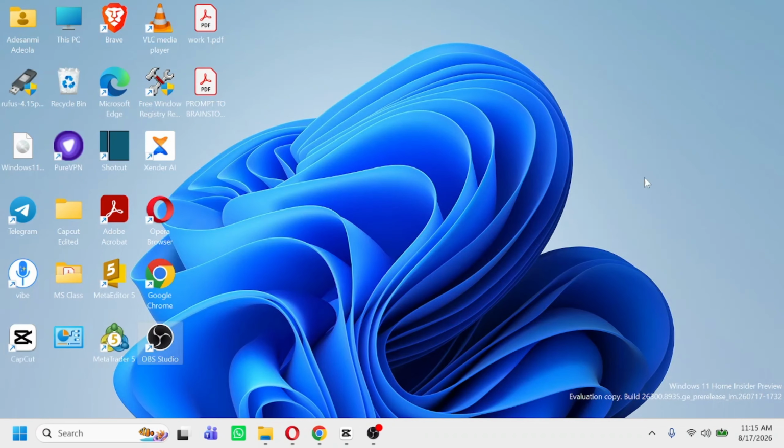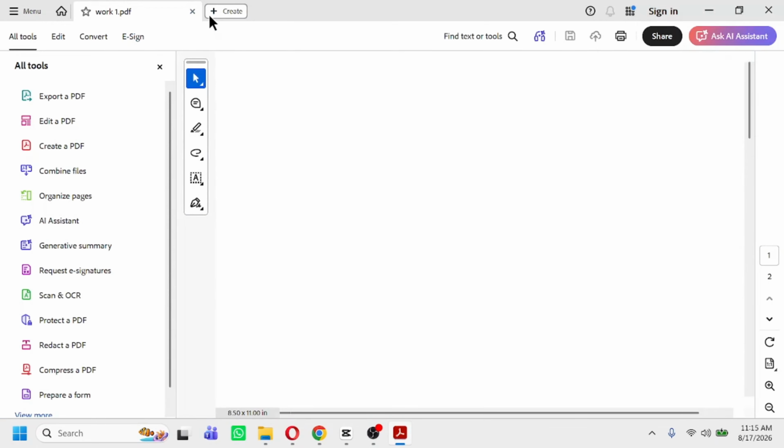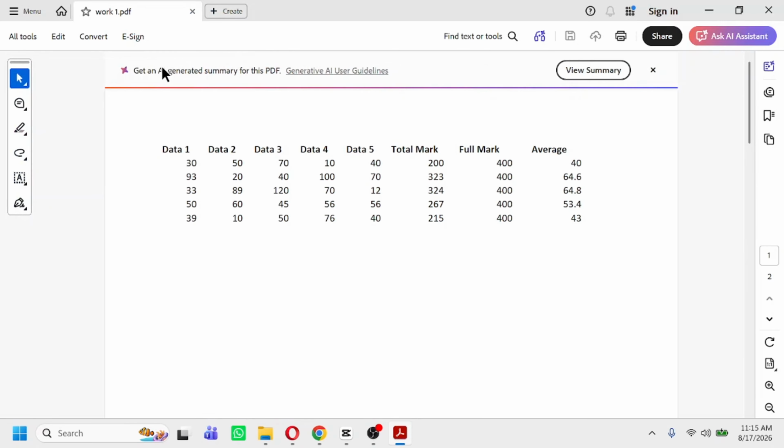Now close this page. Now go to the desktop and see the file here. Double click and open it. You can see, guys, in a few seconds, we've been able to save our document or file in